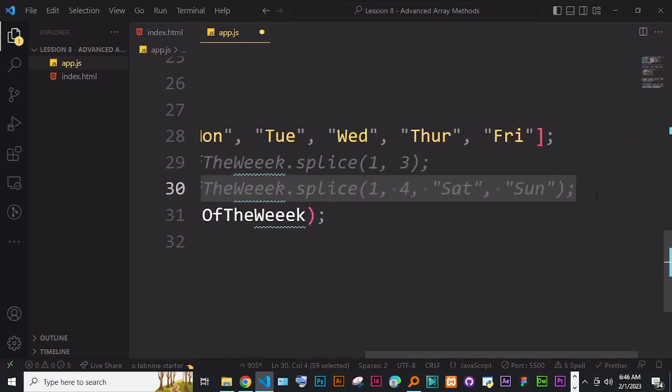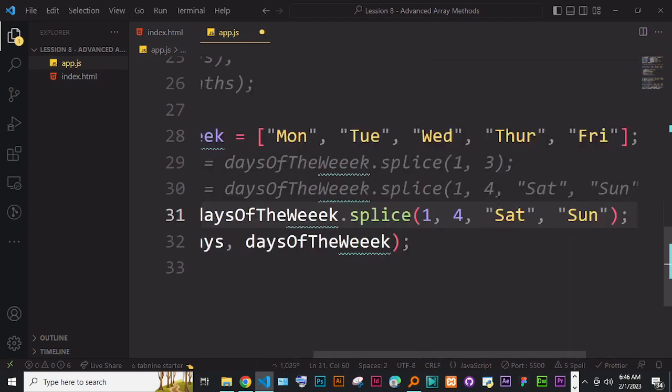So if we wanted to add Sunday at the last, you could just go and say 0, 1, 2, 3, 4. So we could just say go to index 4 and remove 0 items. If I indicate 0 here, it means that I'm telling it not to remove anything, but to add Sunday and Saturday. So if we do that,